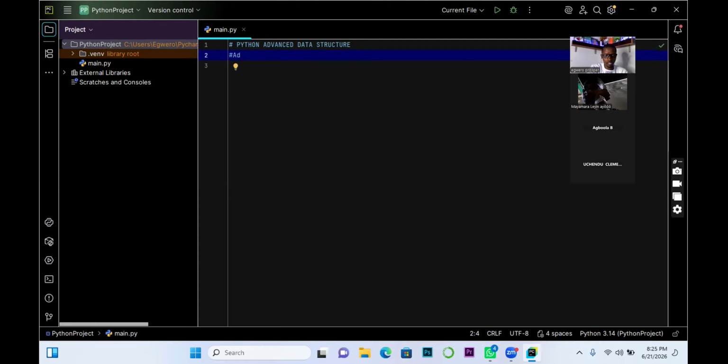So advanced data types are specialized built-in data structures in Python